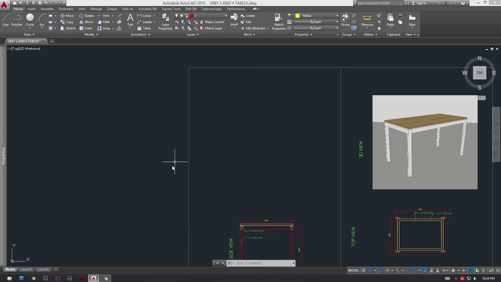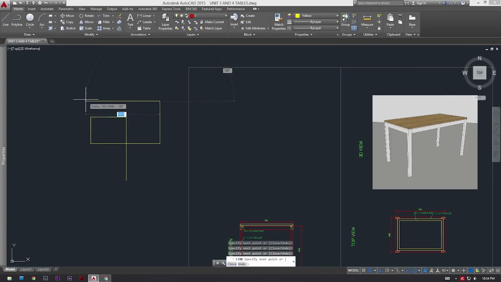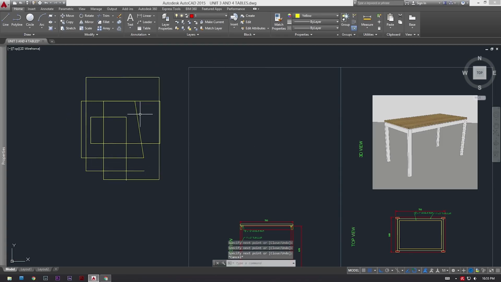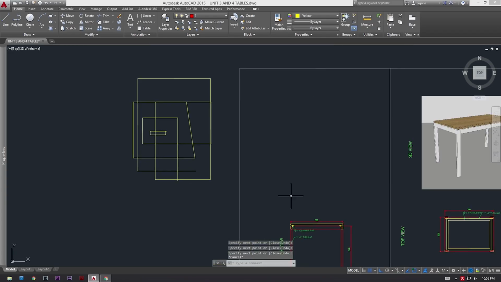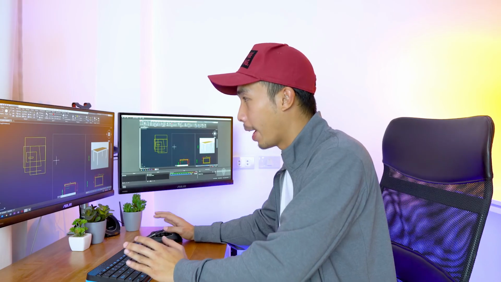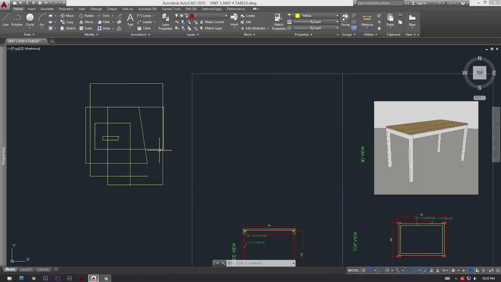But due to my clumsiness and brilliance, I did not notice that I have deleted this thing and did a bunch of random other commands that is very hard to duplicate. So let's say I did this whole abstract piece right here. I did another thing like right there. And then after doing that, I noticed that the table is missing and I'm like, oh no man, what happened to the table? So you guys could use Ctrl-Z